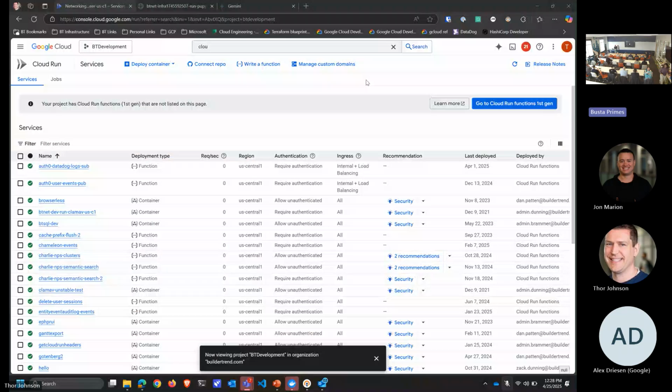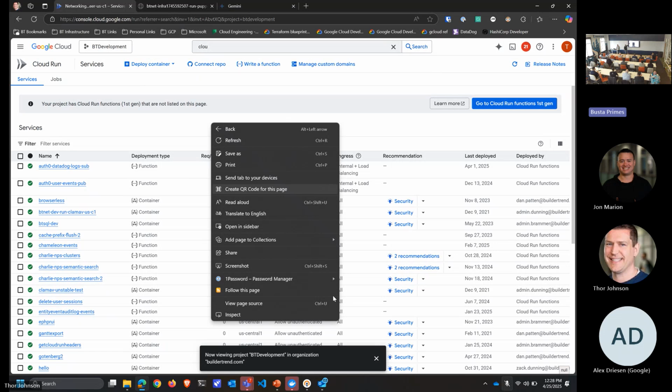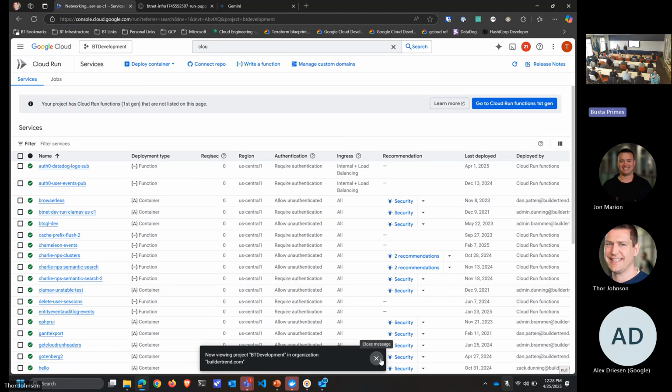All right, so we talked about, for those of you who aren't using Cloud Run and who aren't using Google specifically, the interface is really simple. And like people say, well, that's really simple. You're just showing me your development project with a bunch of Cloud Run functions and some Cloud Run containers. Well, that's all there is to it. I can show you the monitoring in that, but to deploy a container in the GUI, we're going to deploy a Hello World container in no time.